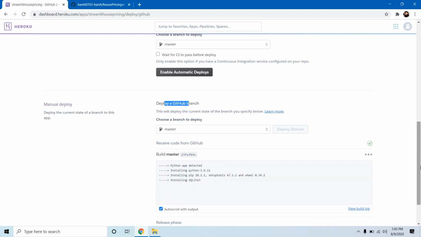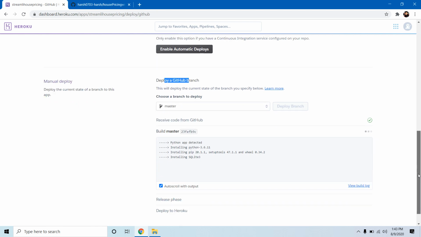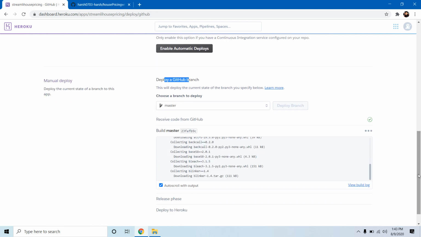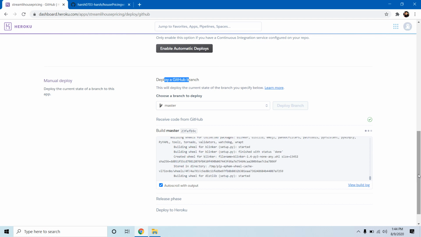Now it started to install all the library requirements from our requirements.txt. We have to wait for some minutes.